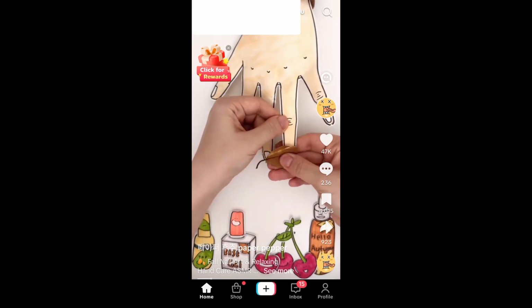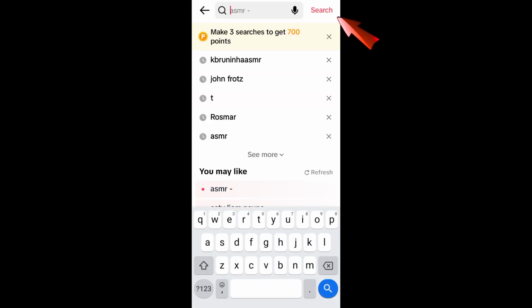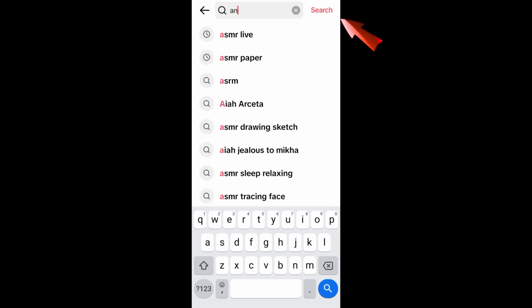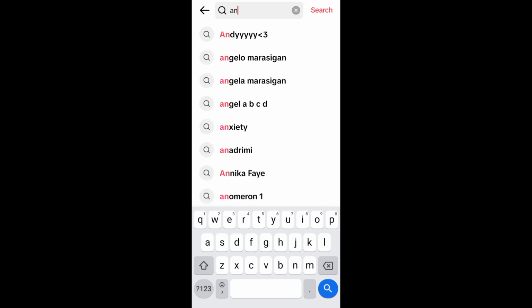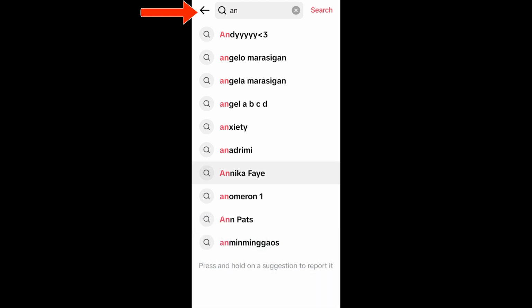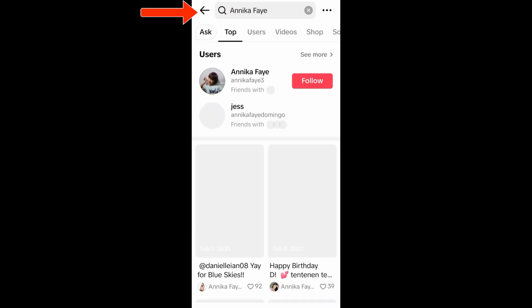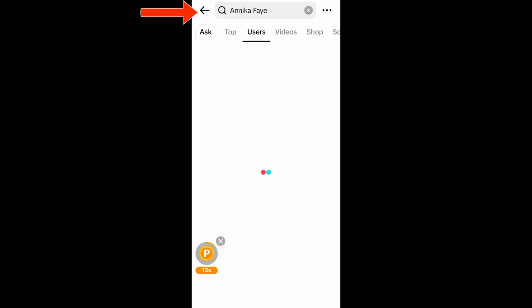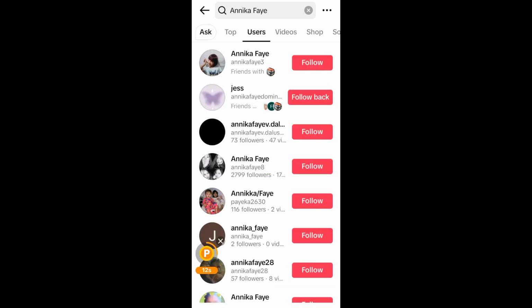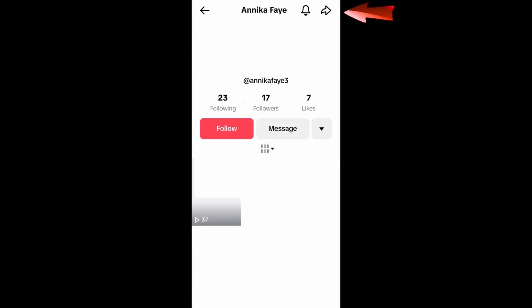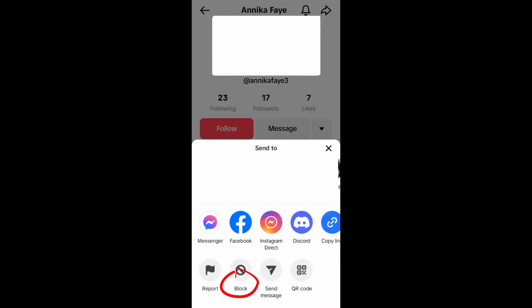Also, you can go to the search icon if you want to block a specific TikTok user. You just have to search that person's name or TikTok user or username. And again, it will take you directly to their profile and it's the same thing. You just have to simply click at this share icon or arrow, and you will see the option block below. And all you have to do is to simply click the block option in order for you to block someone